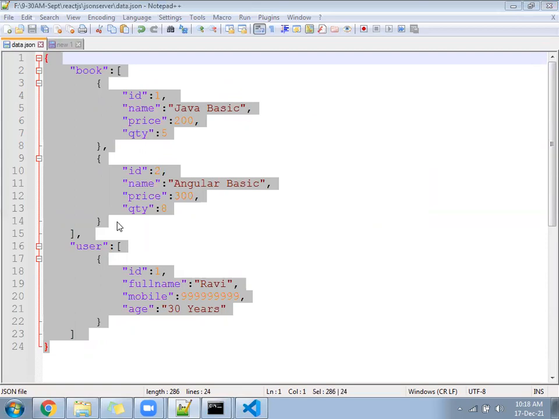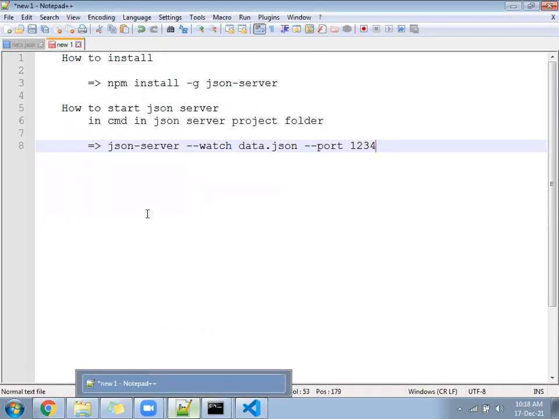If you have a problem, delete the content of your file, replace it, and again try starting the server. If it is still not working, then whichever error comes, you can search that error on the internet.